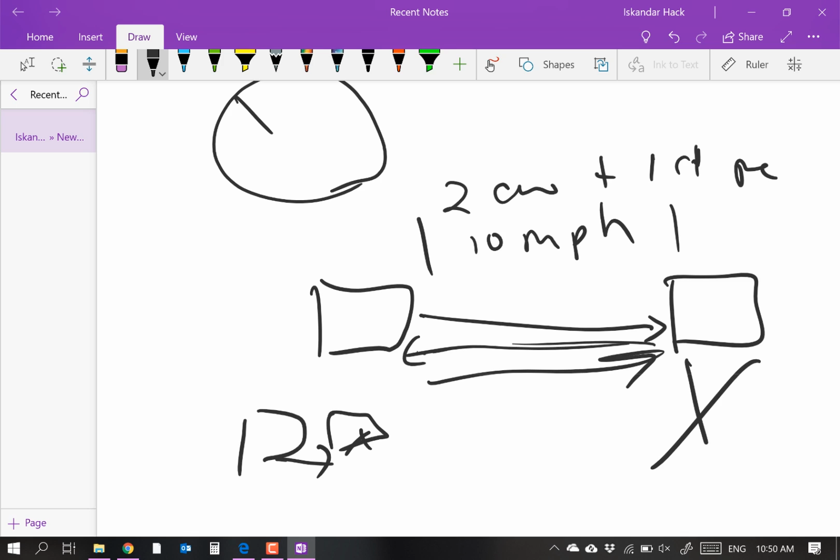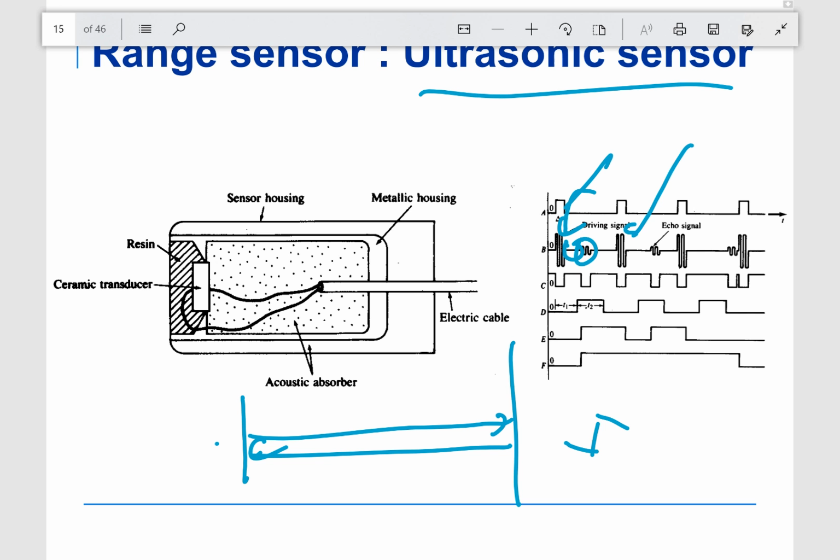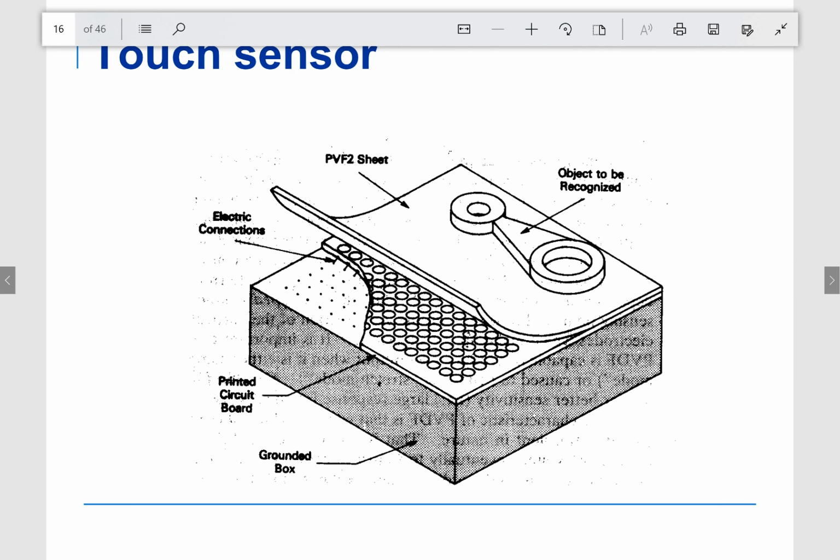But that's the ultrasonic sensor. The touch sensor actually measures the change in capacitance. They don't necessarily show that here, but we have electrical connections. We have a sheet, and we place an object, and we recognize it. Again, this is an example of a fingerprint